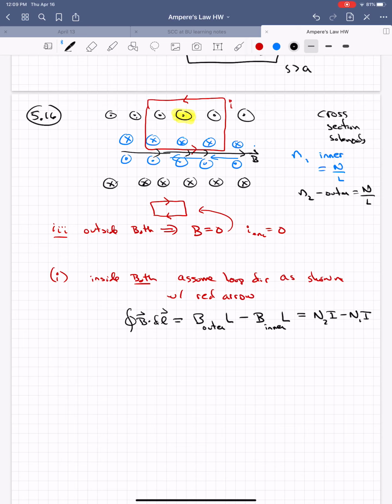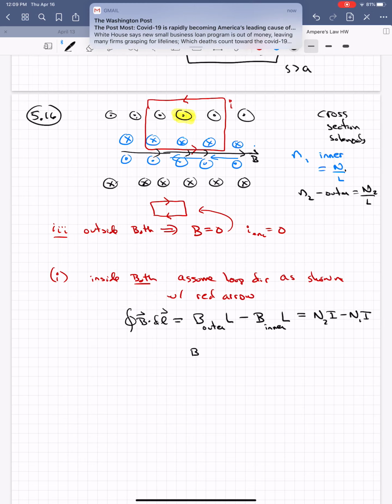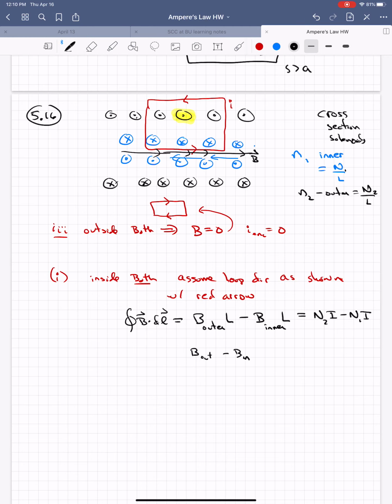So this is N1 and this is N2. Capital N2 is the number of black wires on the outer solenoid in there, and capital N1 is the number of blue wires in there. The reason I'm subtracting those is that if the current is going into the page or out of the page, you count them backwards from one another. So here, all I can tell so far is that B outer minus B inner is equal to,